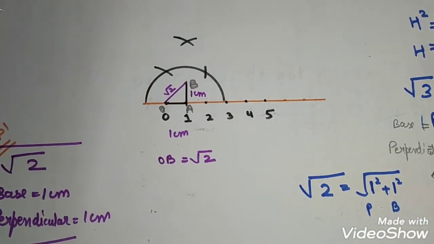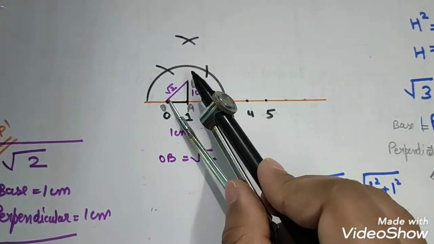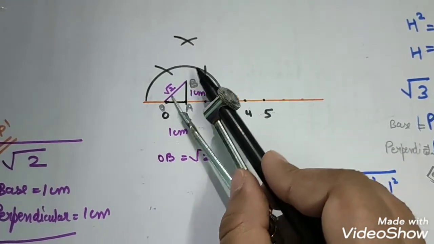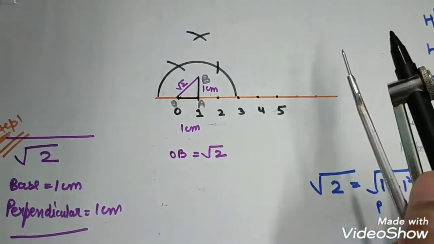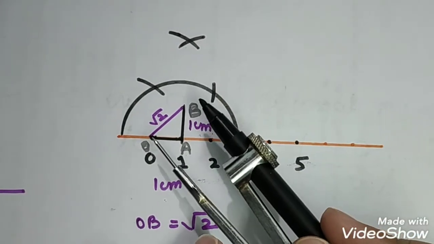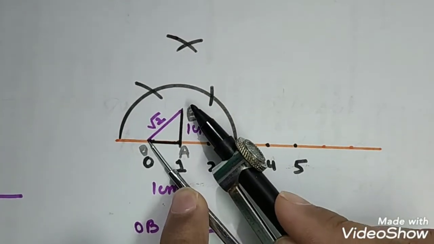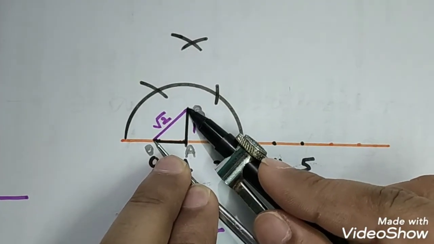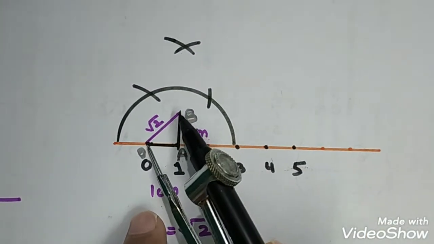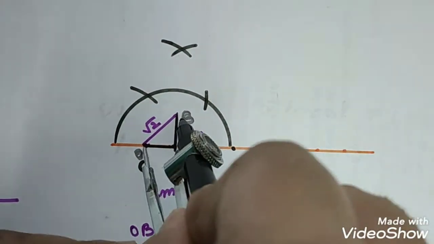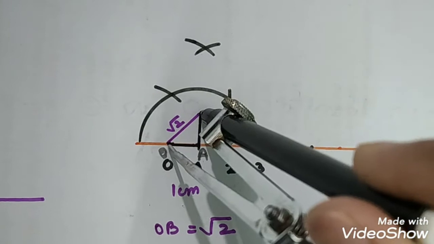Before moving to our next step, first I am going to show you how to represent root 2 on number line. हमने ये लेंथ बना दी है root 2 की, लेकिन root 2 इस नंबर लाइन में कहाँ होगा वो भी हम सीख लेते हैं. So now to represent this root 2 on number line, take a length of root 2 first. Look, this distance is of root 2 unit. Okay, from O you have to mark an arc of length root 2. So look here, this is root 2.